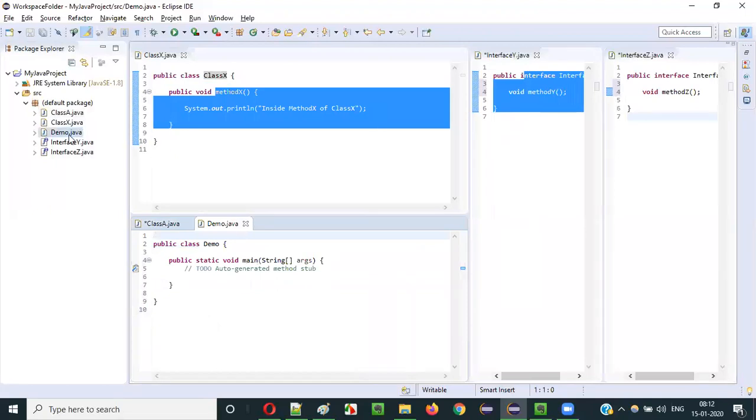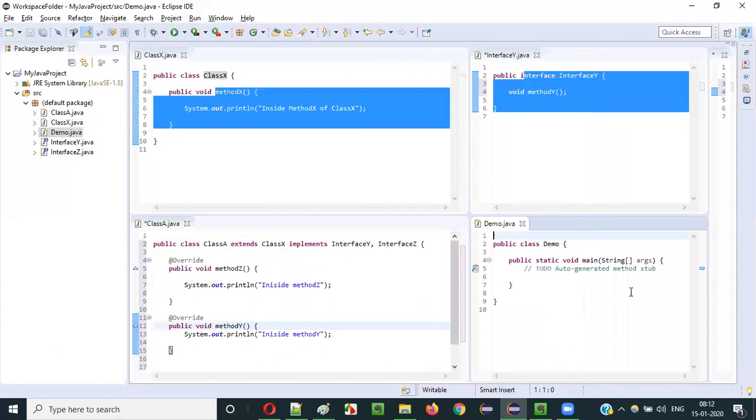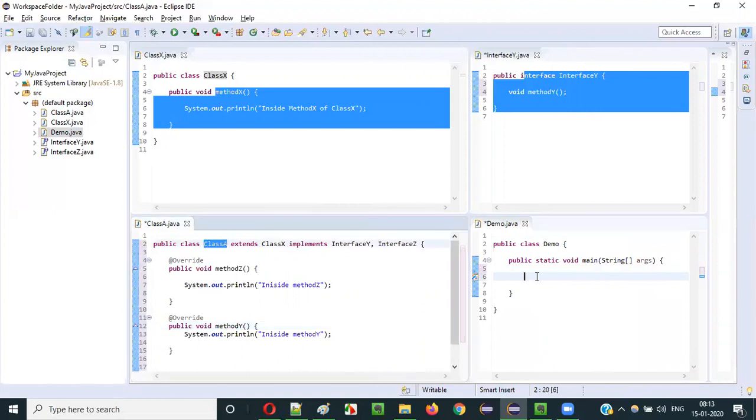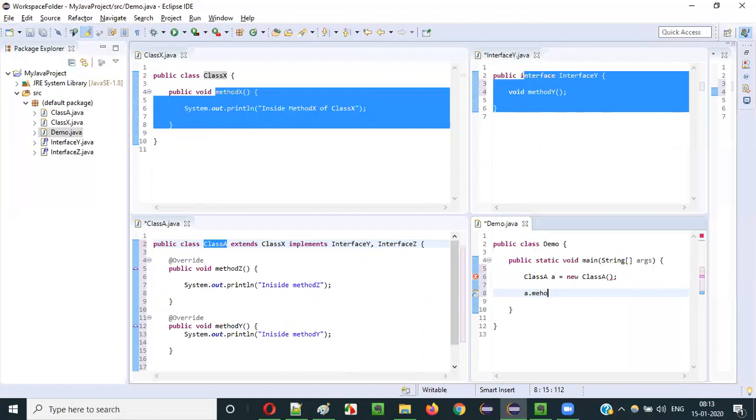So I will drag this demo class here. Inside this demo class, I'll create an object for class A and try to access this inherited method and the implemented methods, the abstract methods of the interfaces. So, class A is equal to new class A, like this. If I say A dot